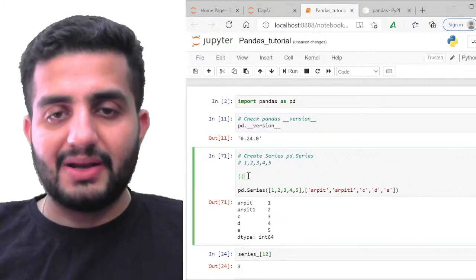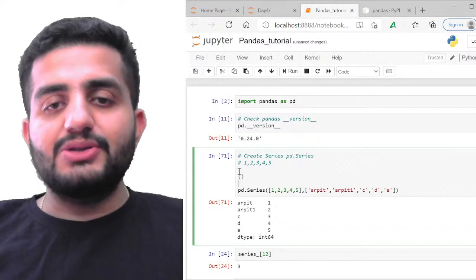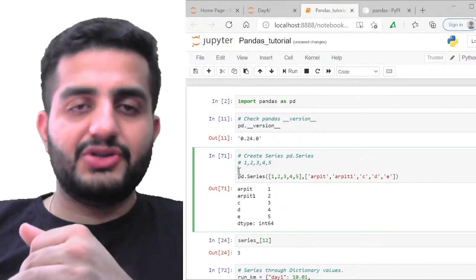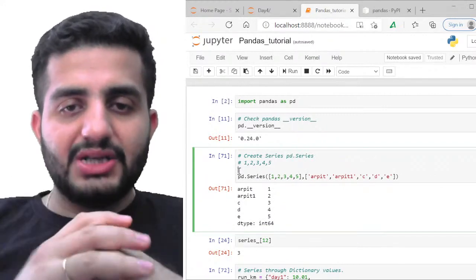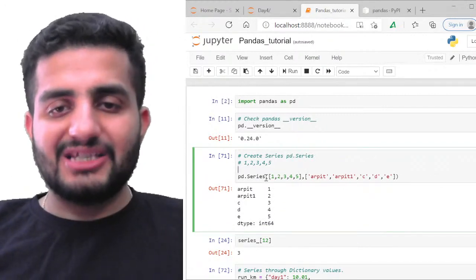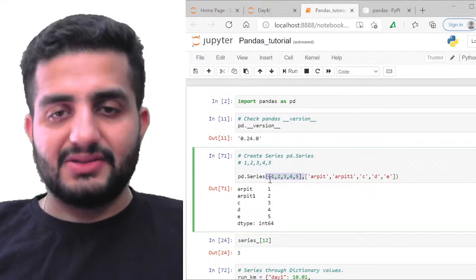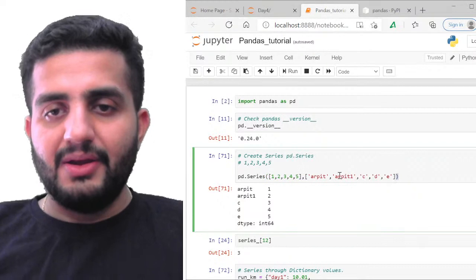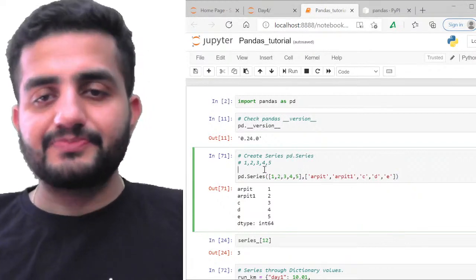For each of the functions, whether it be a pandas function or any function, all functions in Python are followed by a parenthesis. It starts here and ends here.